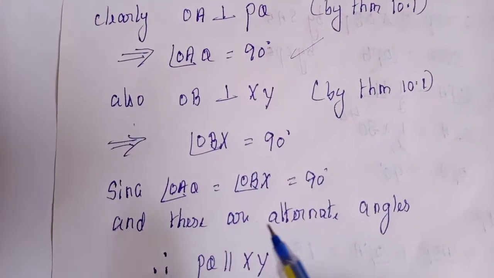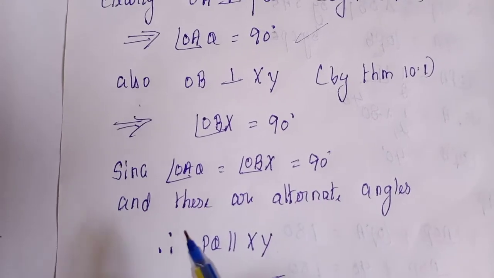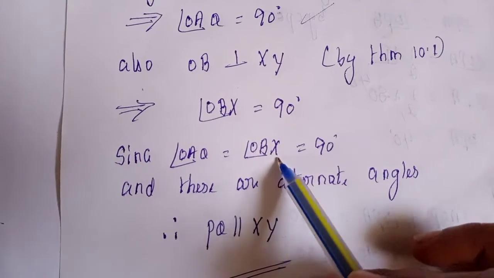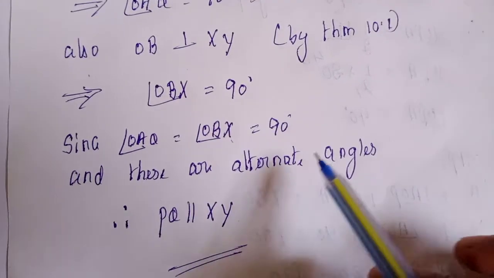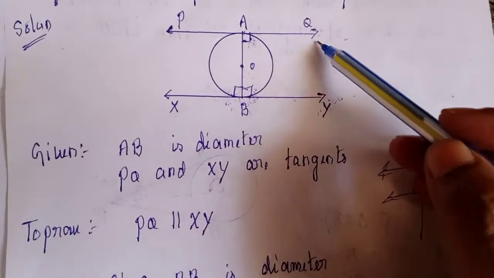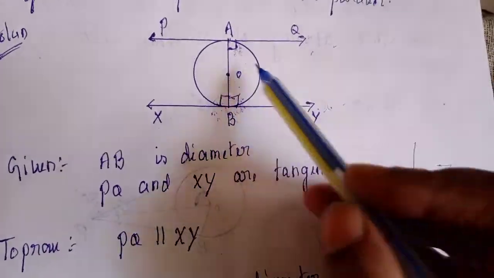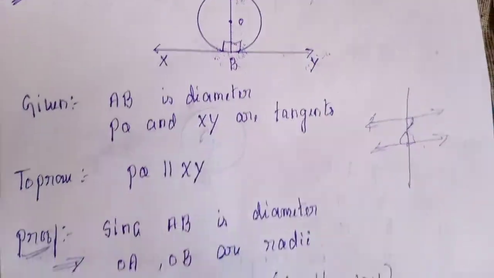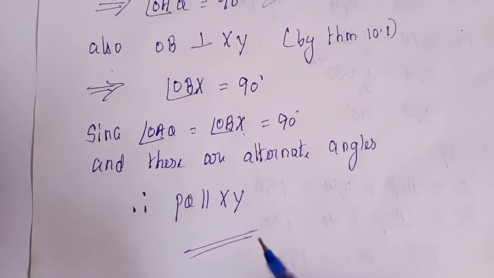Then tell me what type of angles these two are? Yes, these are alternate angles. Since these two angles are equal and they are alternate angles, I can tell that these two lines are parallel. So what are these two? Tangents drawn at the ends of the diameter are always parallel. And coming to the next